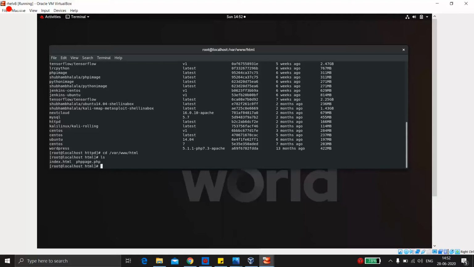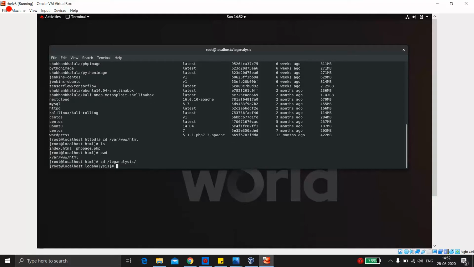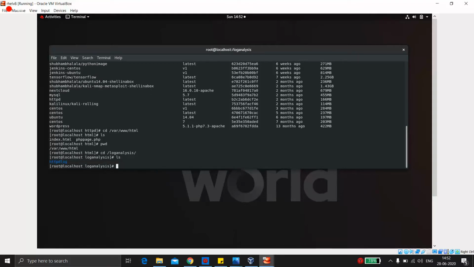By default, you can change it in the configuration file of the web server, but by default it is the root directory, or say the document path. The document root is the directory where the server reads the files from. So we'll go to our workspace, and now we'll do a setup. First of all, we'll launch the web server using my web server image, and we'll tag it. I will name it web OS.